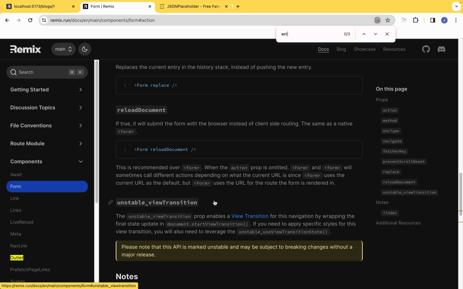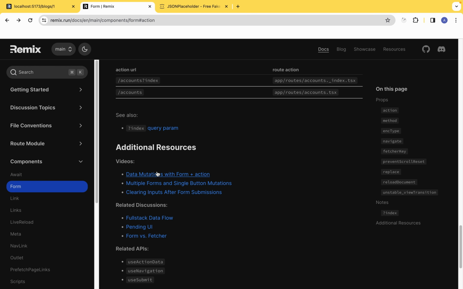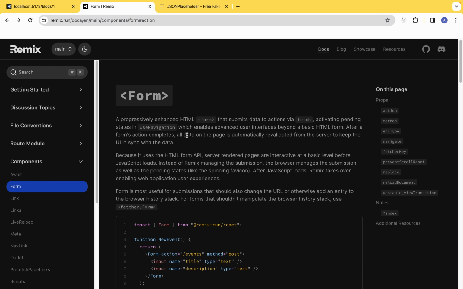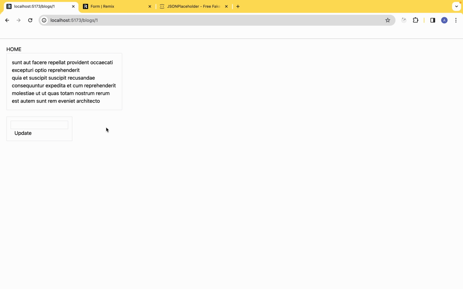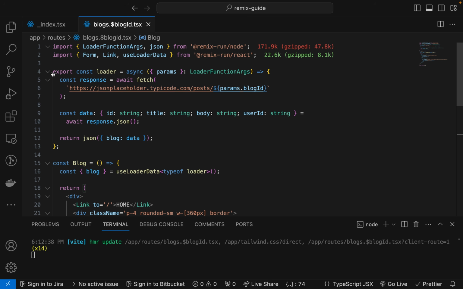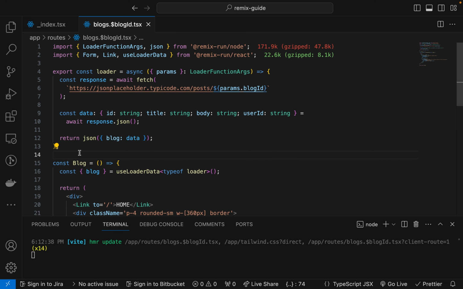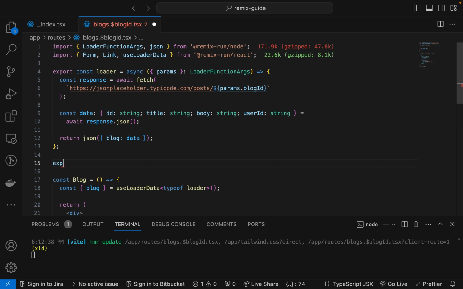So let me search over here if we see the action. And here we perform a plus action. So let's visit this link over here, and this takes us to YouTube. All right, so I'm going to show us how it works. But if we come back to our Remix application, we're going to define an action. So we have a loader here, and we have seen what this loader is for, at least the basics. And here we're going to export